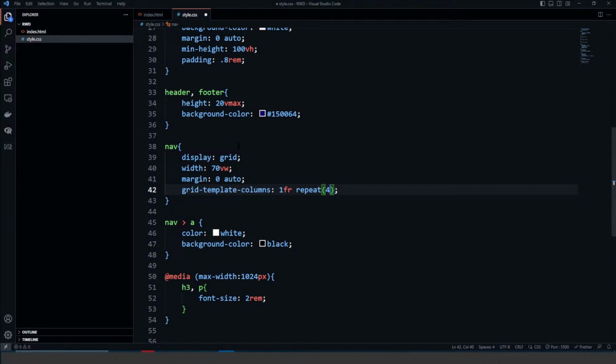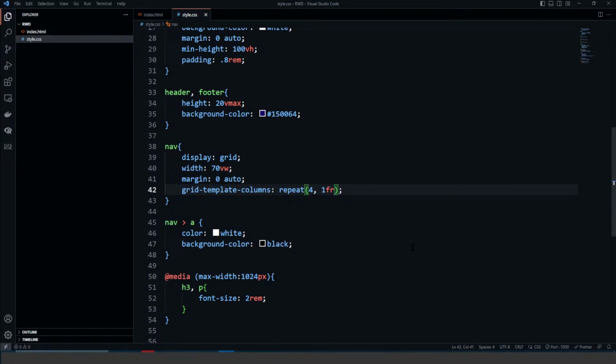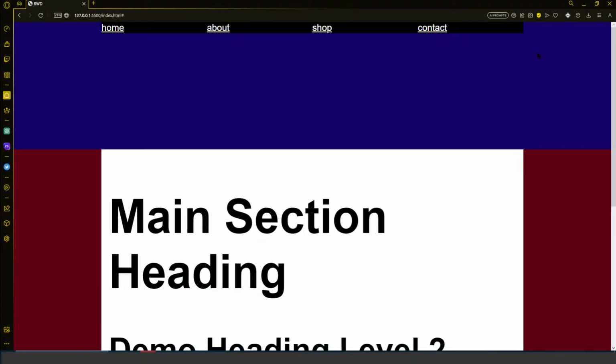Or actually, I would want to do repeat 4 times 1 frame. I always get that backwards. Repeat 4 times, comma, 1 frame. So that's 1 frame, 1 frame, 1 frame, 1 frame. That's 4 frames in a line. A frame is automatically going to resize. So now when I look at my site, we can see